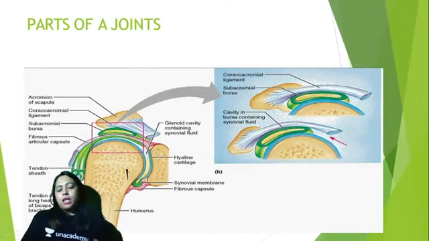So what if someone asks you what is the action of biceps brachii? You should say flexion of the elbow joint. So shoulder joint flexion is also possible because it crosses this joint also, but it is a very, very weak flexor. And it is also an accessory muscle for supination, along with the supinator muscle.